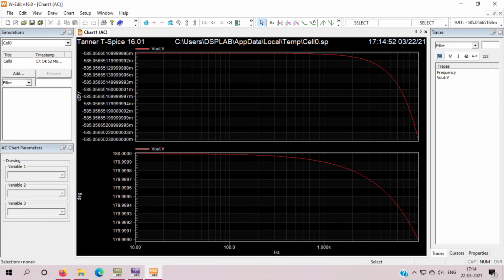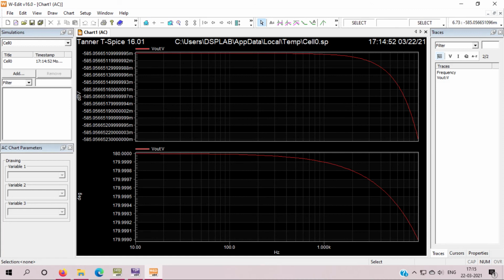Okay, so here you can see that I'm getting dBV as minus, and this is the correct output. Okay, and it is in milli.